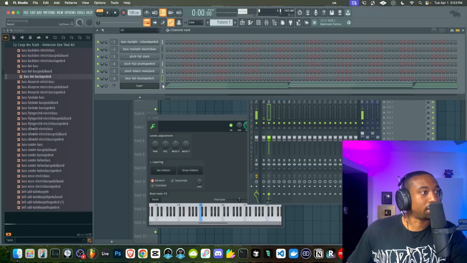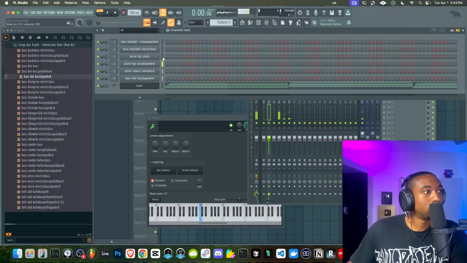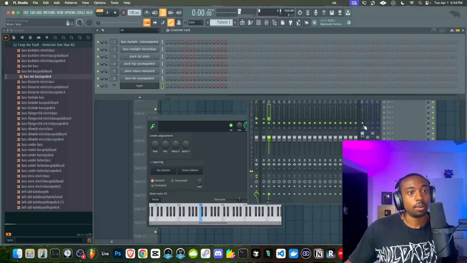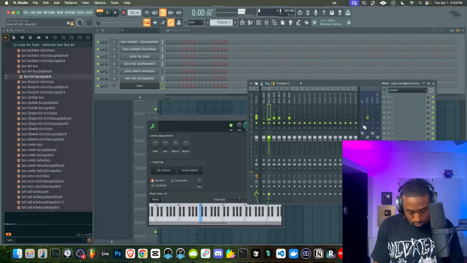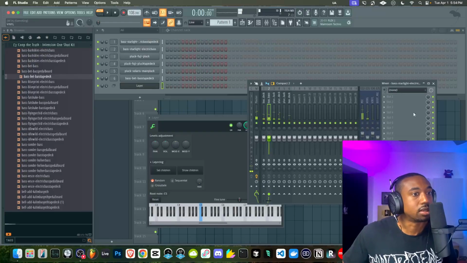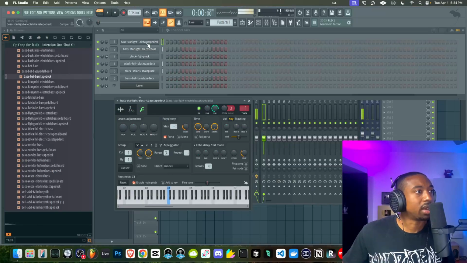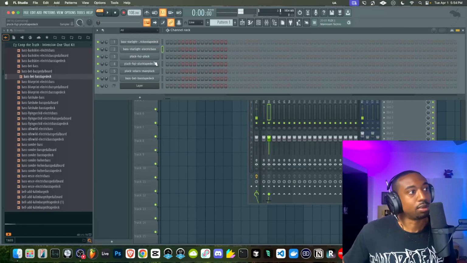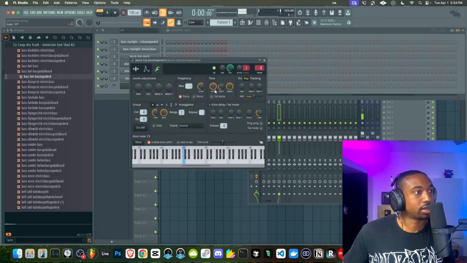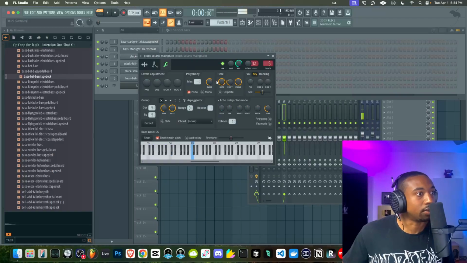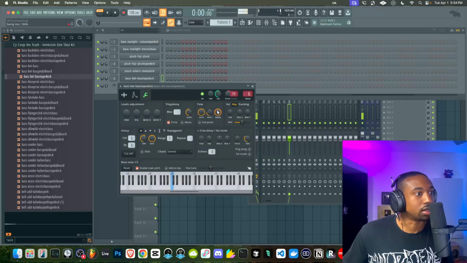So we got to figure out which note is not playing the right tune. They sound like they're all in tune. Maybe it was a chord I played. Maybe the portamento's up too much. Pull some of the portamento back. So we're pulling the portamento back so that basically every time we hit a note, it's not playing a different note than the one we're actually triggering, so that our ear's not being tricked as a sample being out of key. So let's pull back some of the portamento slide. I just wanted to show that to you guys.